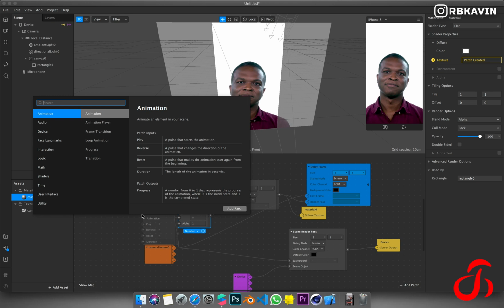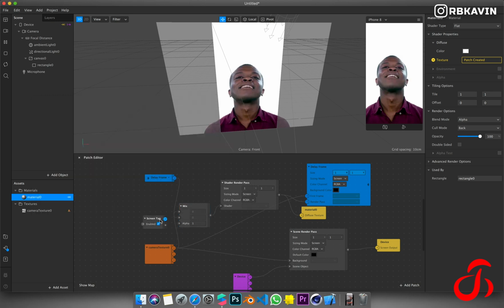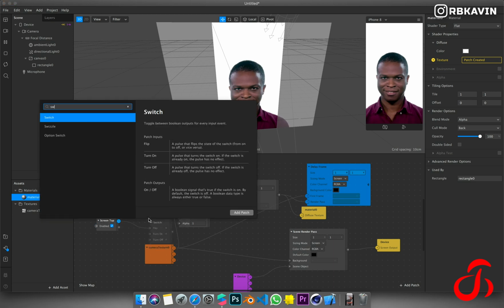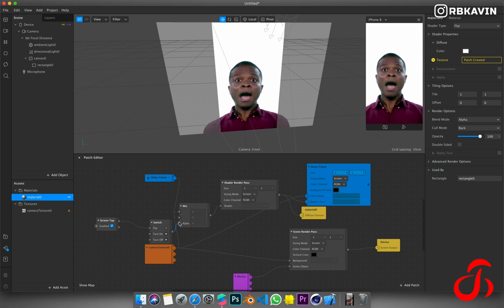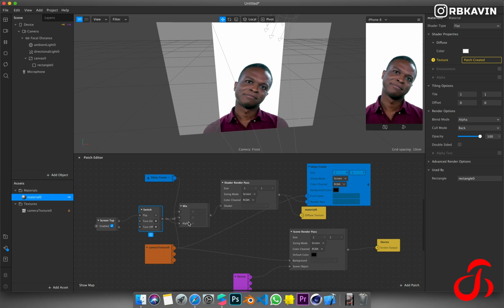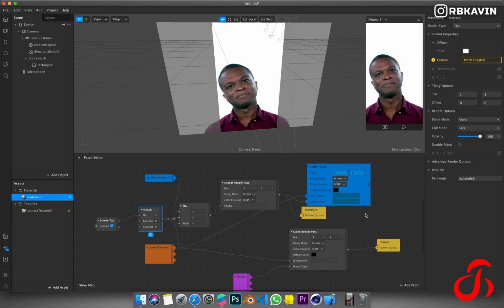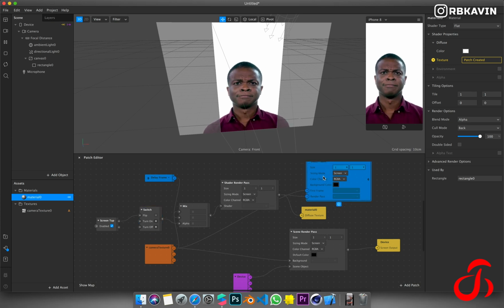So what we can do is create a screen tap, and I'm just going to create a switch. Now I'm just going to connect it over here. So now whenever I tap, you can see the frame passes, and if I tap again it releases. Basically, the alpha of the value is 0 means the first one will be happening, and if it is 1 then the second slot will be happening. So this is the basics of render pass, that is the delay frame.